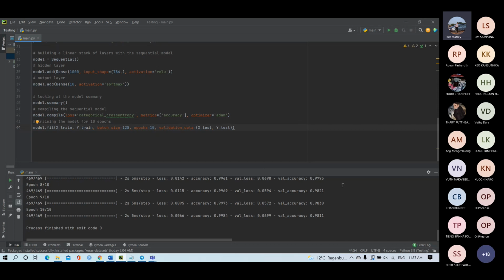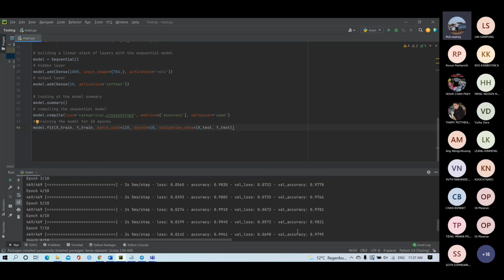As you see at the moment, from iteration number 6, it increased to 98. After that, it reduced back. So it means that if I use only 6 iterations, it will produce better performance in my system.